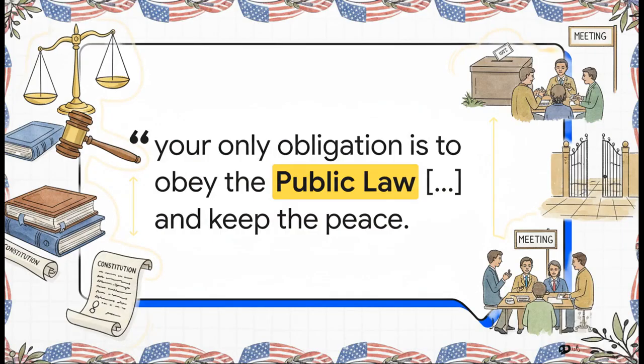So what's actually expected of you once you hold this status? Honestly, surprisingly little. As the source material points out, a state national's main obligation is pretty much just to obey non-statutory public law and keep the peace. You get to enjoy the protection of the state and constitutional guarantees, and you can vote on local county matters, but you really hold no heavy obligation to actively serve. You don't even have to join the assembly if you'd rather not.